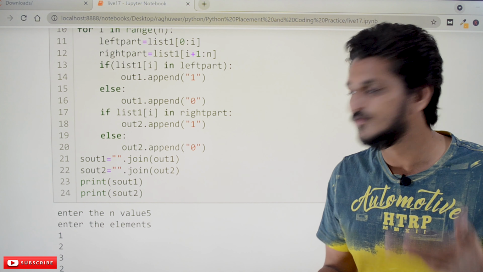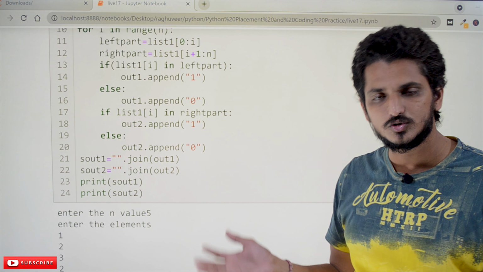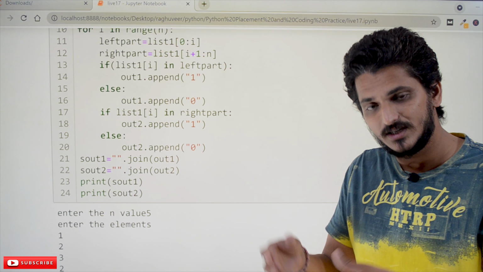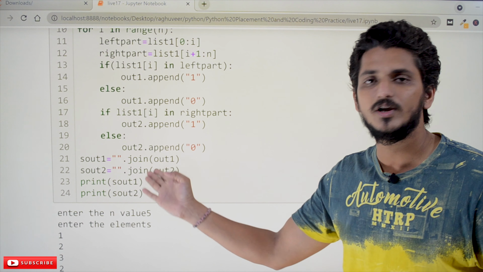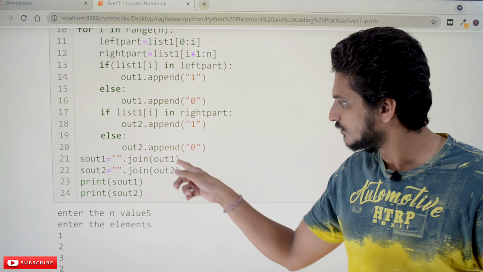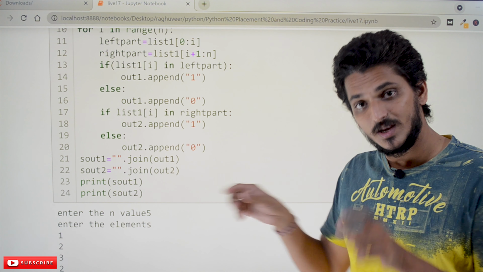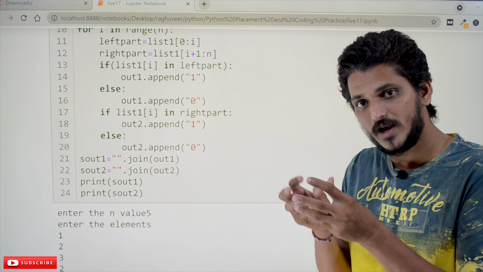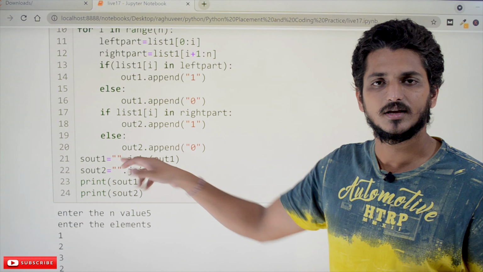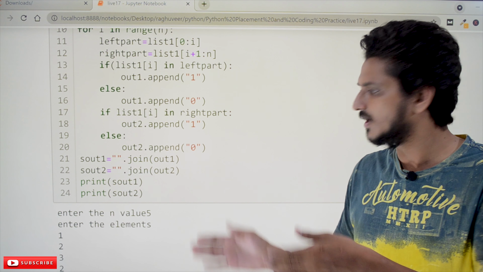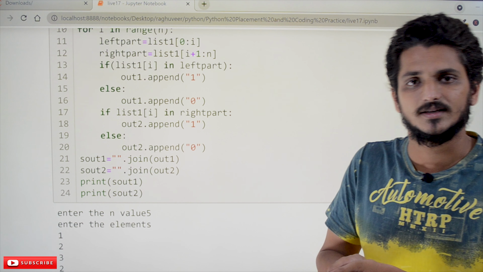Similarly, out2 string is equal to join of whatever elements are present in the list. That is what the join operation does on strings. If you give the input as a list, the elements present in the list are joined with the character given here. Here we gave an empty string, meaning join without any space.